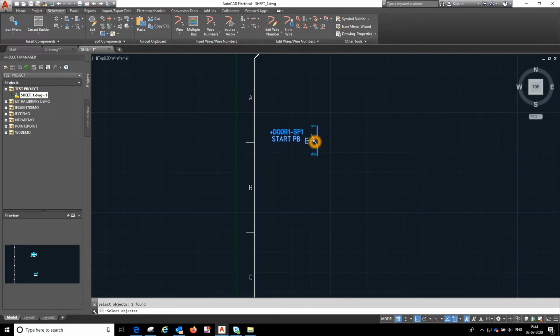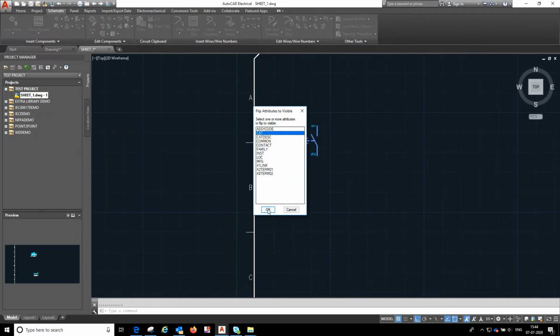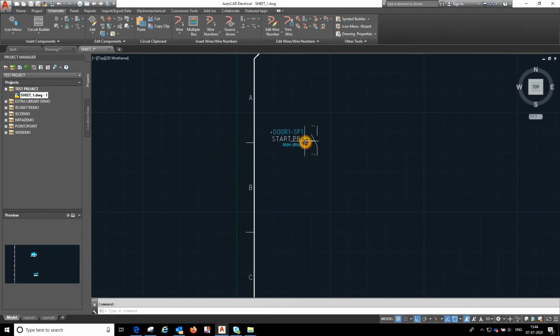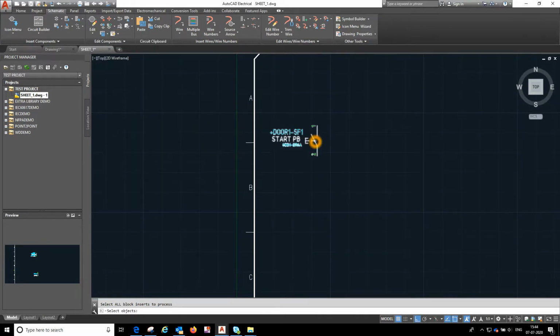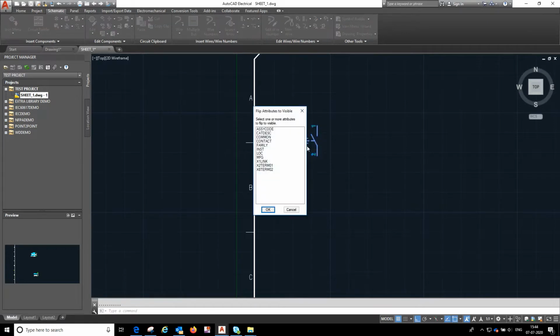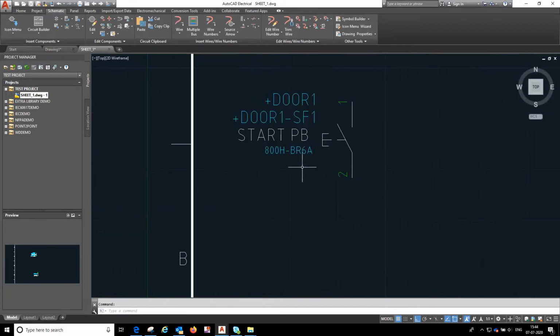Just take the arrow and click on the component and hit on the spacebar or enter button on the keyboard and select catalog. Here is the catalog. Again, you need to go here and take the yellow light and hide the component. There again hit on the space or enter button on the keyboard, then select the location. This is how it looks like.